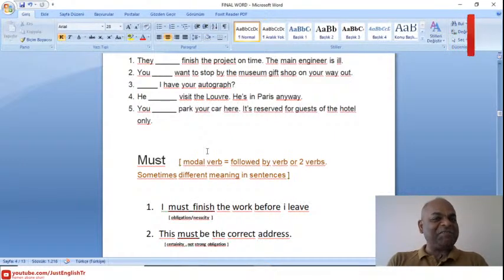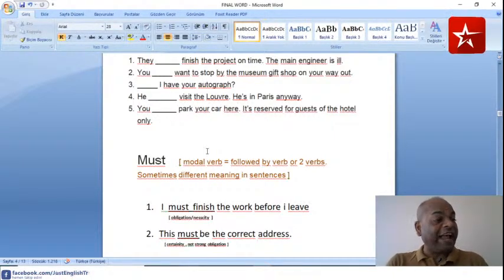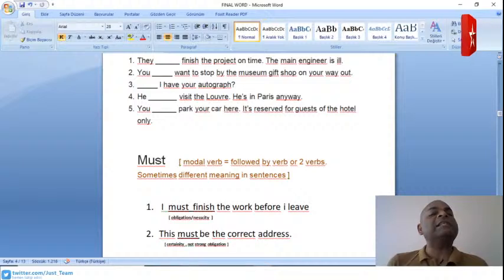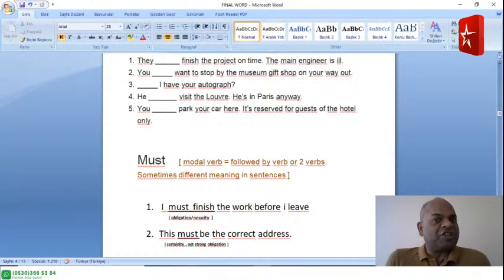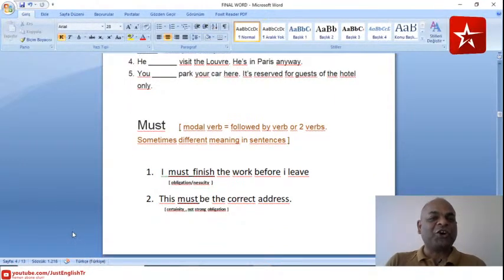There we go. Alia says, may I have your autograph? Now that is a right answer, Nijat. Good job. Bait, good job. Arkan, good job. Alia, good job. Do you remember, guys, why we put may there? The reason is because it's a very polite way of asking, and it's like a permission. May I have your autograph, please? All right? Well done. Number 4, he dash visit the Louvre.